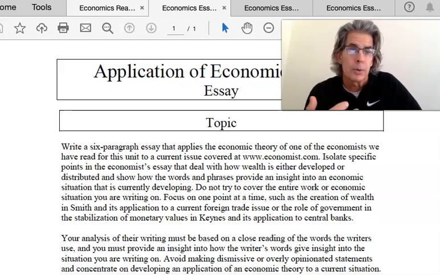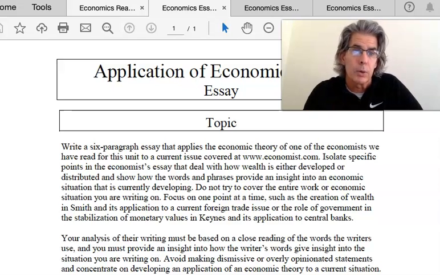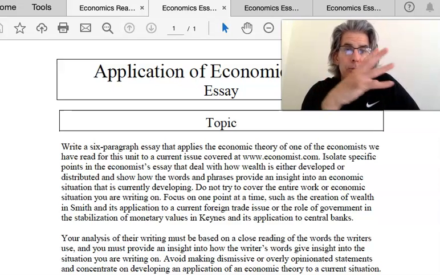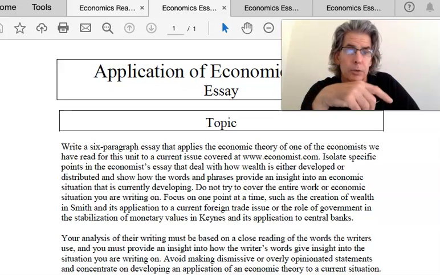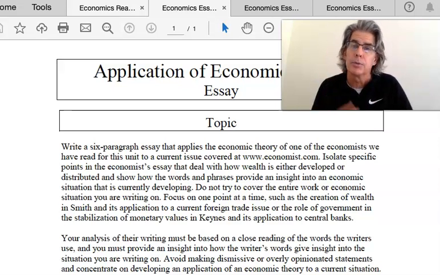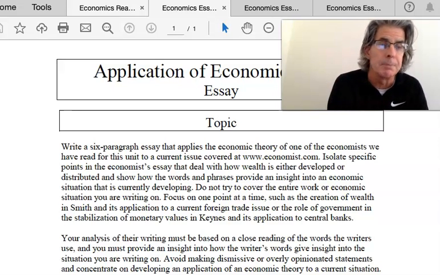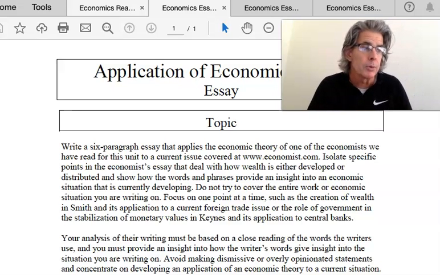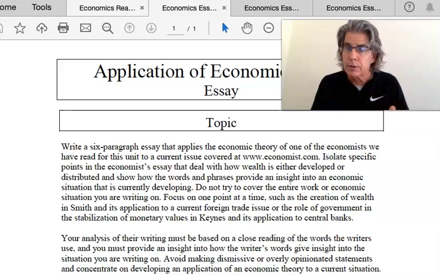Okay? So again, let's review our end goal. It's to write a 6-paragraph essay that's 4 body paragraphs, an introduction and conclusion that applies the economic theory of one of the economists. And you can choose to work with any one of the economists you want to work with. Okay? And I do tell folks, generally speaking, Smith is kind of the foundational